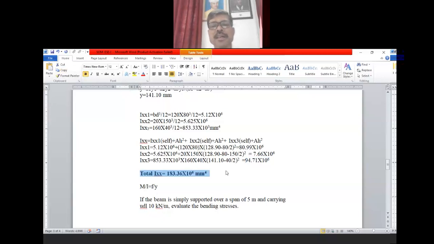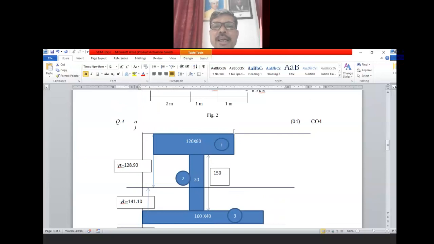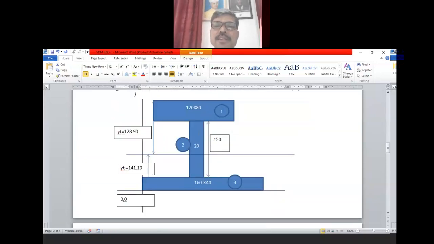Yesterday we saw how to calculate moment of inertia of any kind of shape. If the beam is rectangular, then BD cube by 12. Very nice. If the beam is of L section, you should be able to calculate moment of inertia. If the beam is of channel section, we should be able to calculate. Similarly, we have calculated for unsymmetrical I section. So this is the most critical section we have seen.